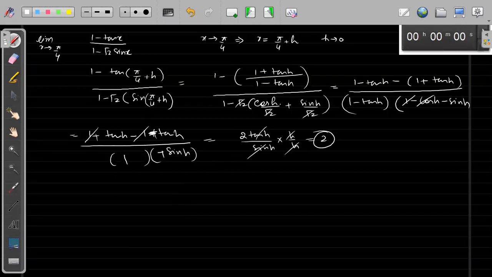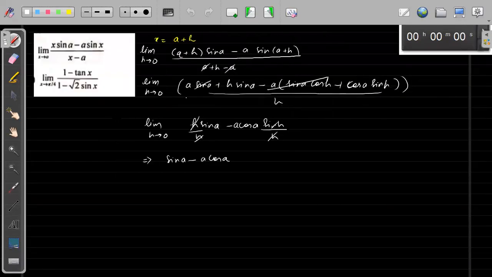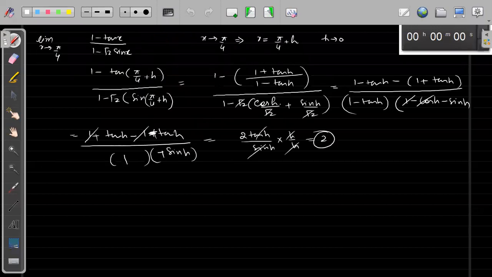Understood? So that means if it is simple for us to use L'Hopital's, we can use it. There is nothing stopping us from using L'Hopital's rule if it is easy. If you are able to see the question is simplified in an easy way using L'Hopital's, you can use it. There is no problem. Mainly in JEE Mains, L'Hopital's rule will be used in an easy form. Okay, fine. So just check this one.